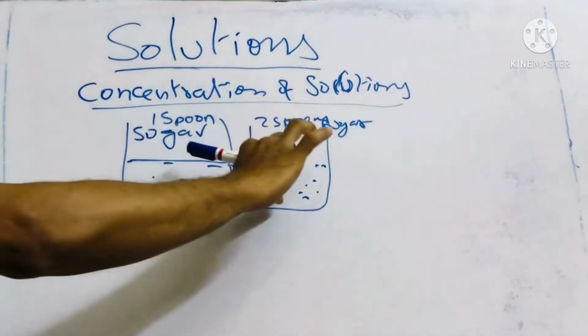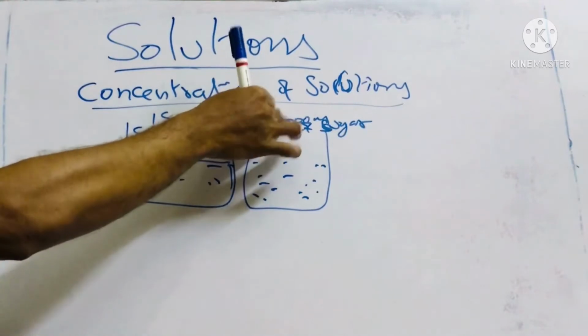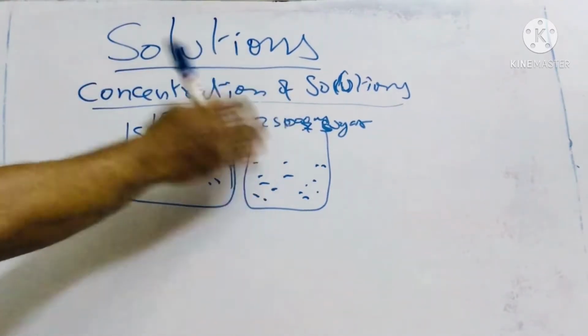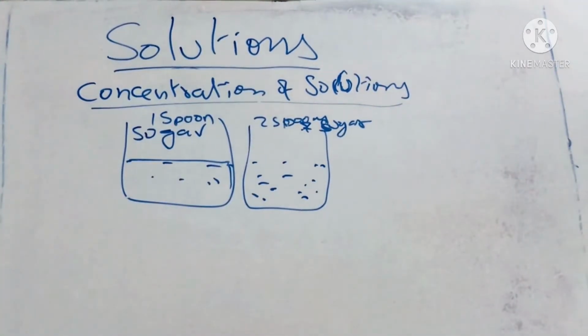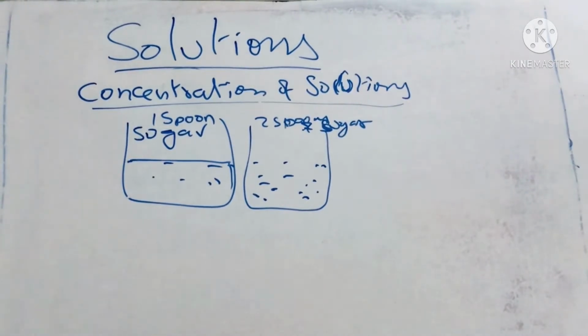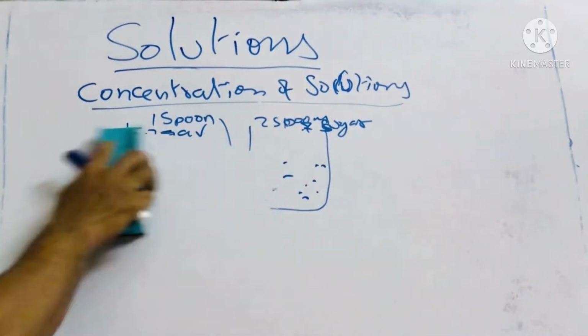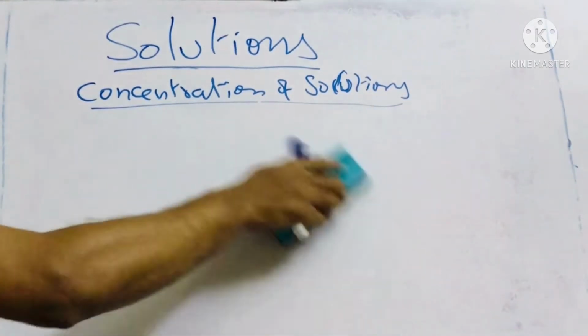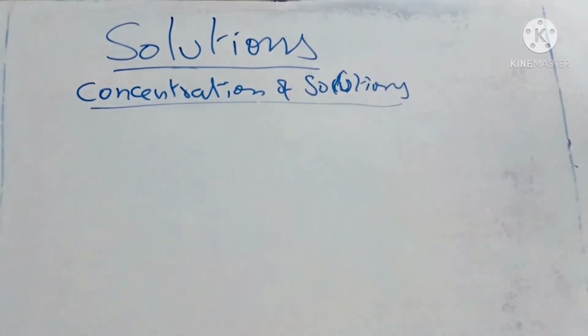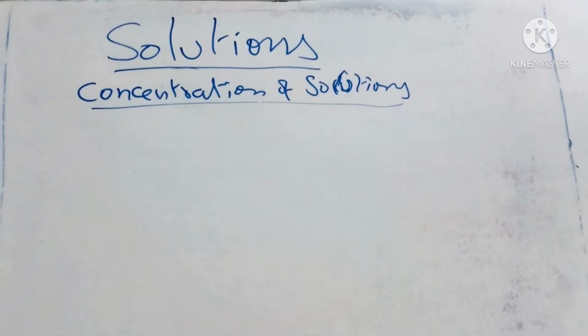The quantity is same, but the concentration of the solute, the amount of solute added in that, is less. So that's why the amount of solute in a fixed amount of solution decides the concentration of the solution. Remember, wherever it is, the concentration represents the amount of solute present in a fixed amount of total solution. That is the way which gives us an idea about the concentration of a solution.